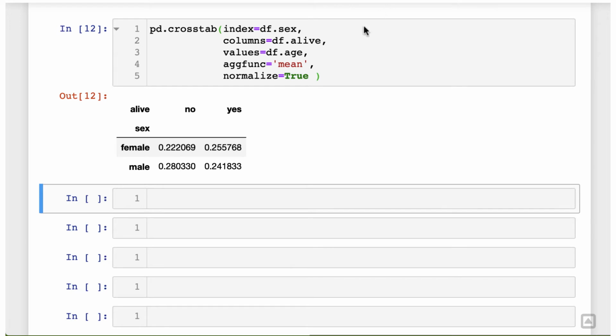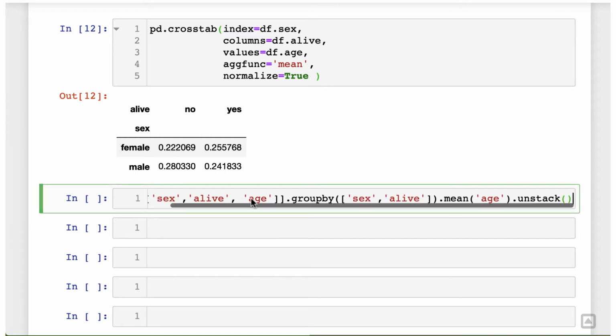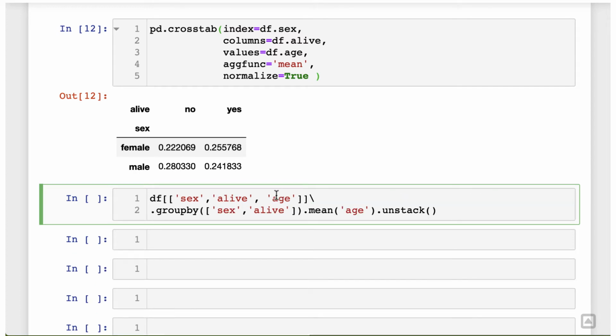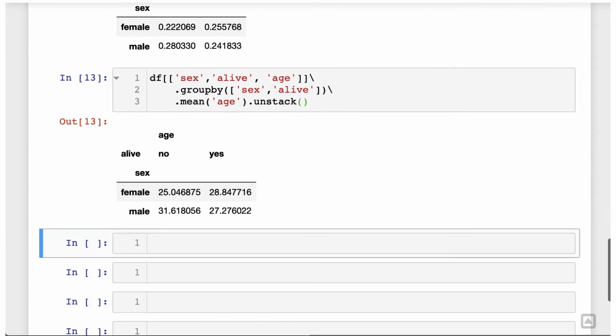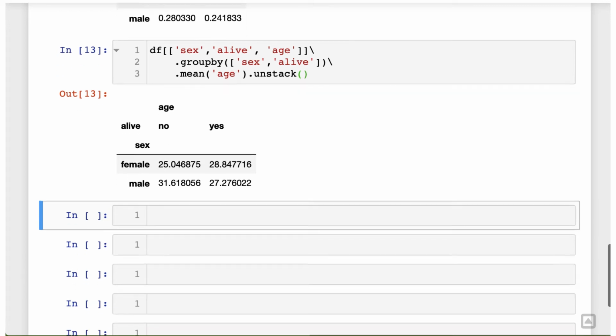Lastly, let's do the same using the groupby method. Before we actually apply the groupby method, we need to create a slice to select just the dimensions we want to see in the data. So let's slice the data frame and select the columns sex, age and alive. Then we add sex and alive to the group. Last, we use age as the argument for the mean aggregate function. Also, in order to bring the alive dimension to the column index, we will use the unstack method, which by default grabs the outermost index. There you go. Now we have the same results.